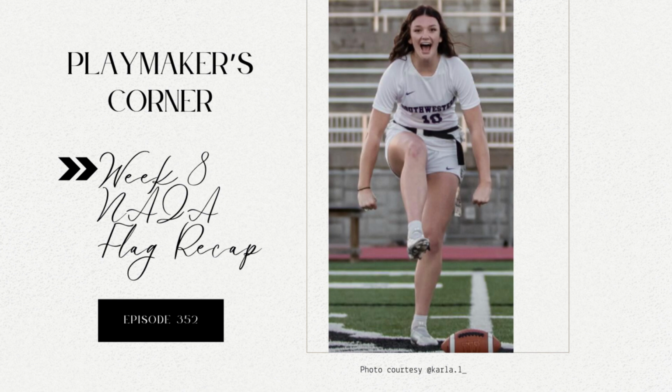But instead, only gets 1, and then Reinhardt kind of decides to punt here on 4th and 4. Now Weber, they take over with a 1st and 4, but this drive does not go well with them. Starts with an incompletion, 2nd down a drop, 3rd down there's a false start, and then 3rd and 9 here it's an overthrow, so they go 3 and out, and so Reinhardt takes over at the top of the 2nd,